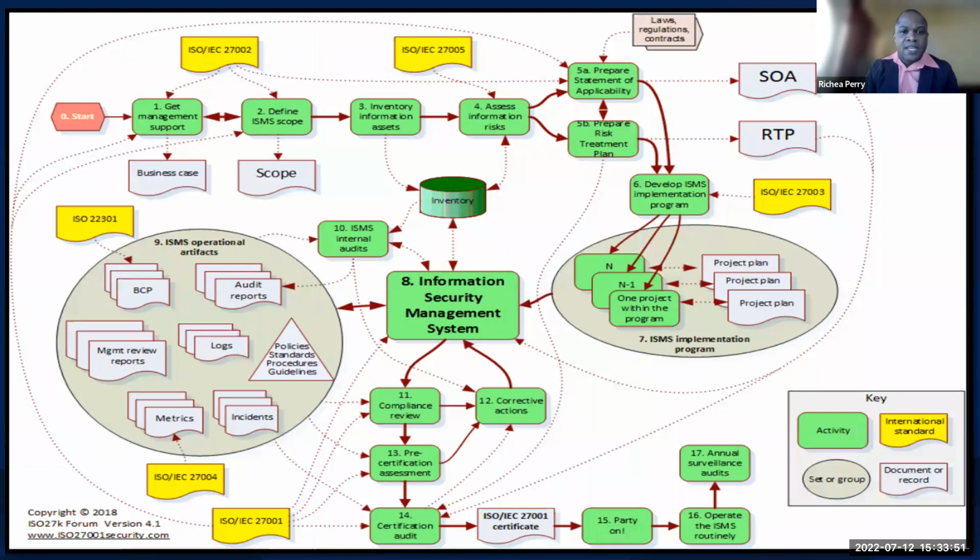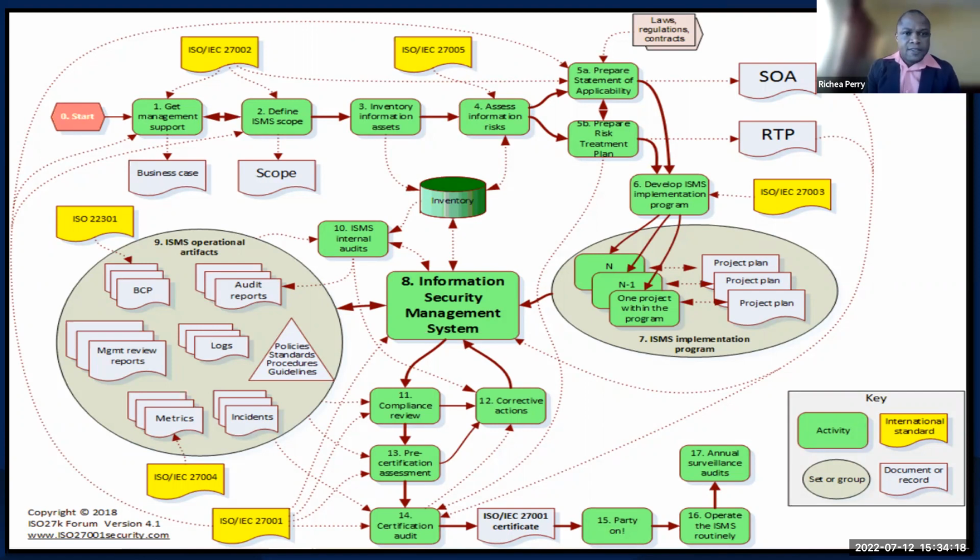This is where your project management skill comes into being, and all the necessary planning for implementation of this process. You also have the ISO 27003 documentation that provides you with all the details required to achieve this aspect of the process. And once we have achieved that section, then you will move on to